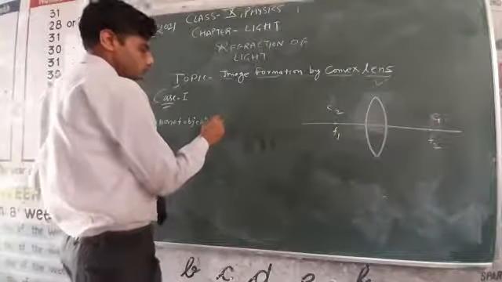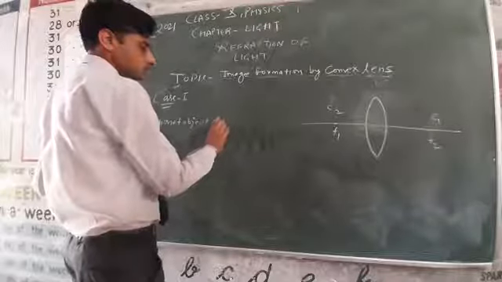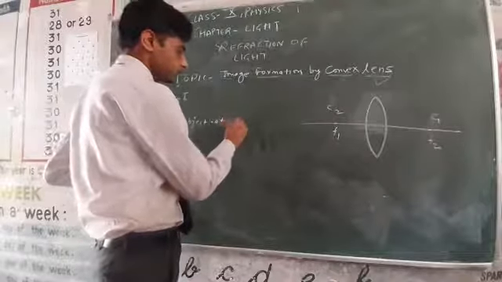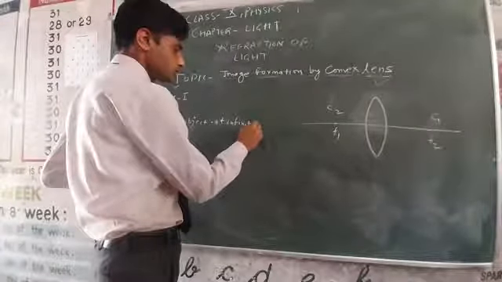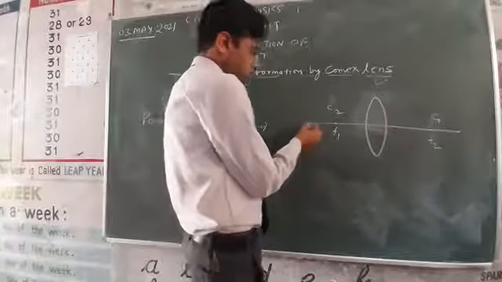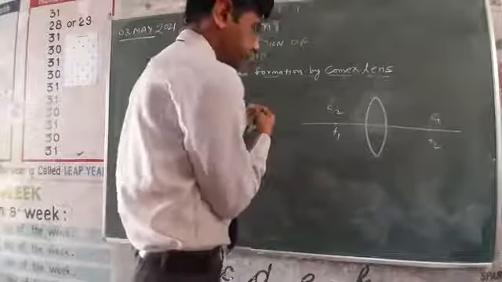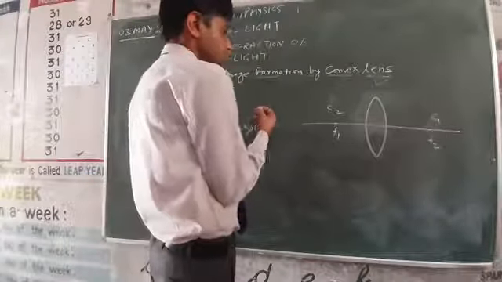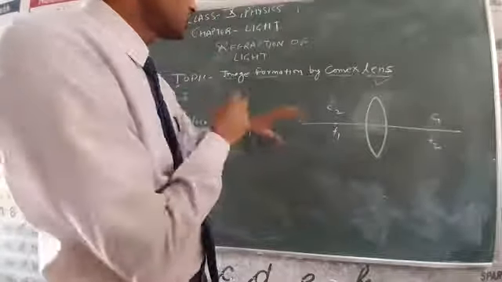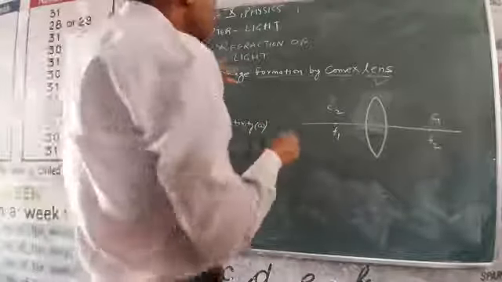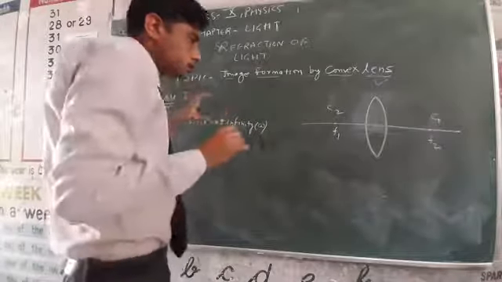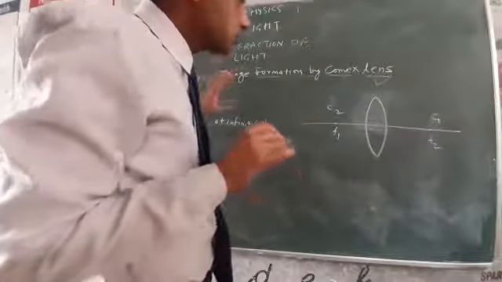the position of the object is at infinity. The symbol of infinity is this. So let the object be placed at infinity. It means you can take infinity by both methods. If the rays of light come from infinity, then when the rays of light travel